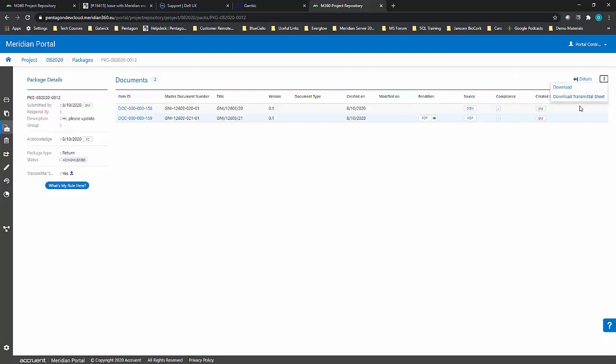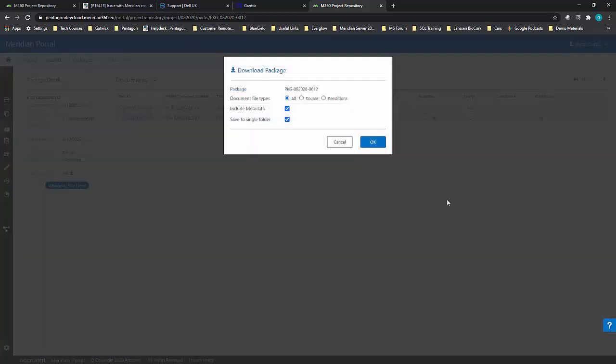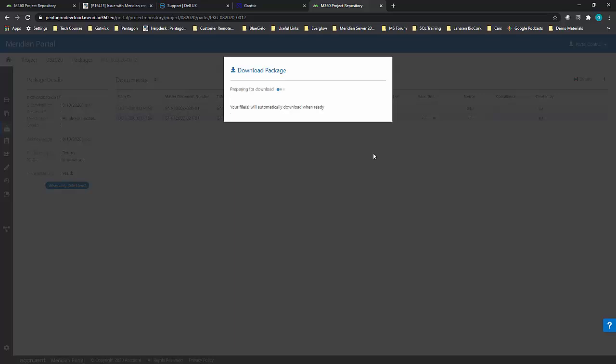So as a portal contractor, I can download the package of documents. There are 2 documents in this package. I can download all, which will be the source and the renditions, or I can download the source only or the renditions only. I can also enable the option to include the metadata, and I want to save it to a single folder. So if I click OK,